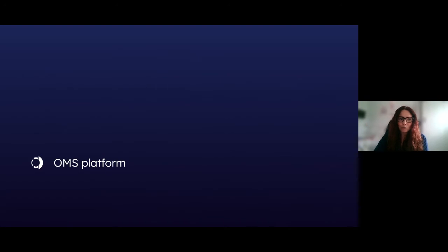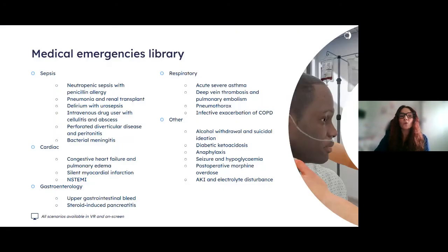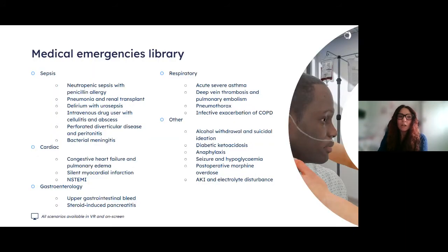Before I jump into the platform, I am going to skip ahead and actually show you the scenarios that we offer. So different libraries catering to different specialties. Now you've got your medical emergencies library there, for example. Now that's brilliant for advanced nurse practitioners as well. I'd definitely put in my advanced nurses in that one. In terms of the medical library,